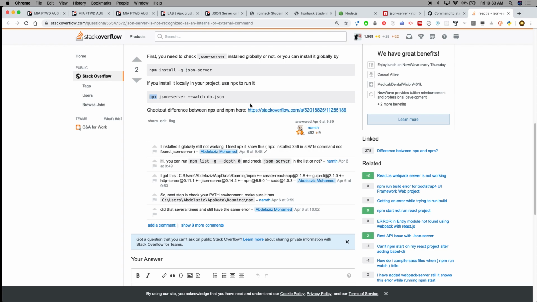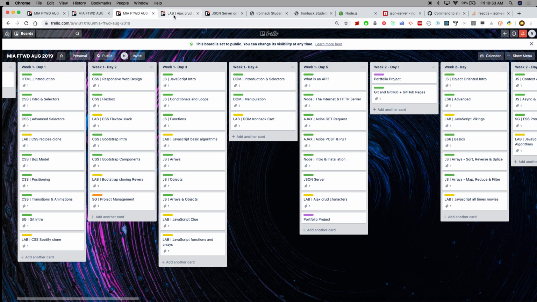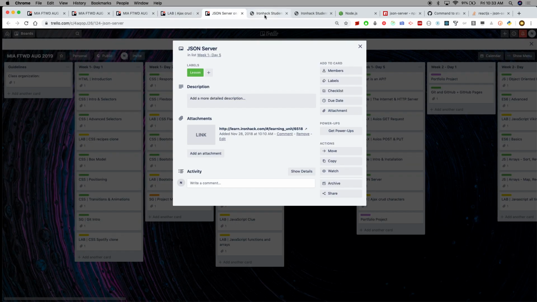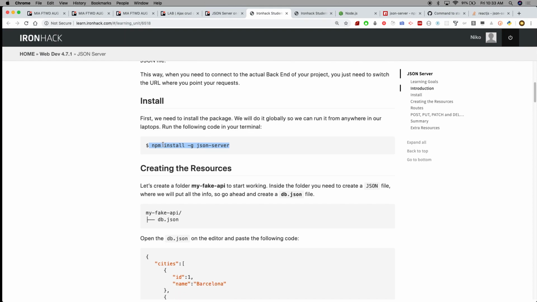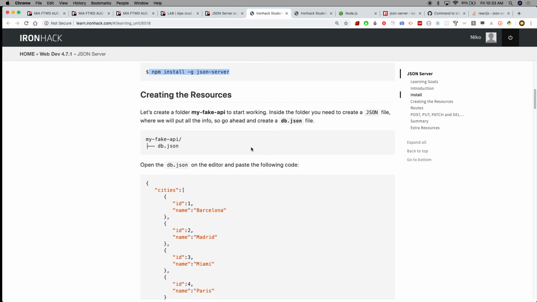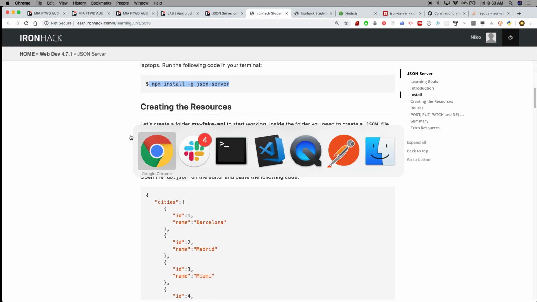So let's real quickly go back to where we were, and I'll try to get everyone to have this running. Okay, let's see. So after we ran this command, did everyone run this command? Everybody? Yeah? Everyone installed Node, everyone installed JSON server. Okay. So now what you're going to want to do